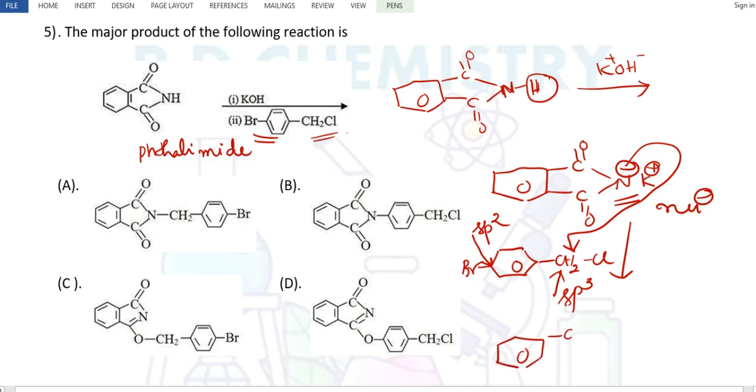Benzene ring, then C double bond O, then C double bond O, then we attach nitrogen. Now it forms N. Okay. Now nitrogen attacks the CH2, Cl goes out. Then there is a benzene ring, then at the para position, bromine is attached. Okay. Yeah. So it is a part of the Gabriel phthalimide synthesis to prepare aliphatic primary amines. Okay. So tell me the answer now. Answer is option number A. Correct? Yes.